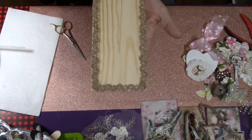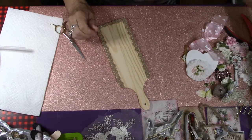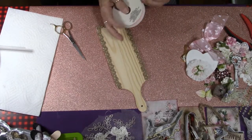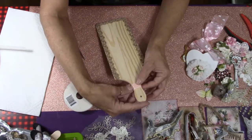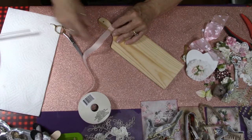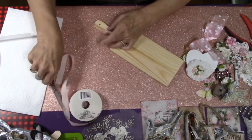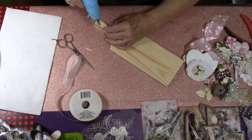I just thought that would be really pretty around the edge, just to kind of dress it up a little bit. And then I'm going to take, let's see, I know I've got some pink ribbon here. And what I'm going to do is I'm just going to kind of put a base around this. I'm not going to really tie it on or anything. I'm going to glue a piece of this sparkle ribbon just kind of around the neck right here. And then I'm going to put the other bow on top of it. So let's just get that glued down real quick. And let me cut you. I need to cut a little bit more off of it. It's a little too long. Okay,